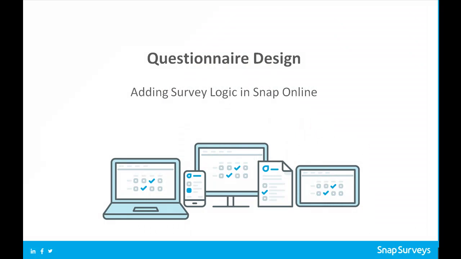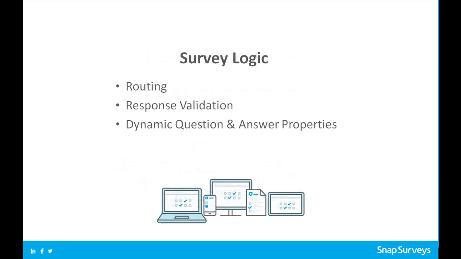In the previous session we set up a short travel survey with 6 questions. In this next session we will be looking at adding some additional functionality to those questions. Starting off with routing, this will ensure that only the relevant questions are displayed to each respondent. This is known by many other names including piping, skip patterns and skip logic.